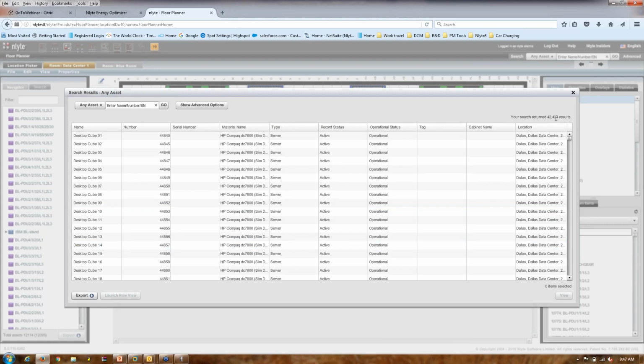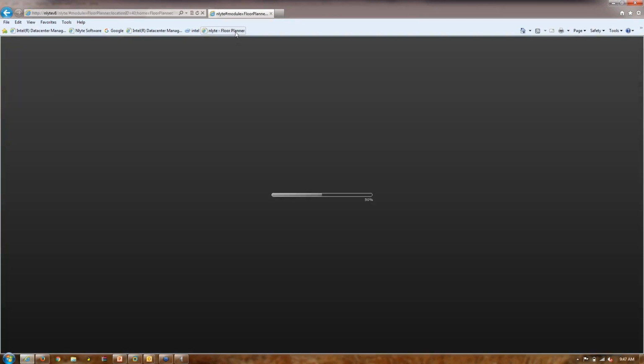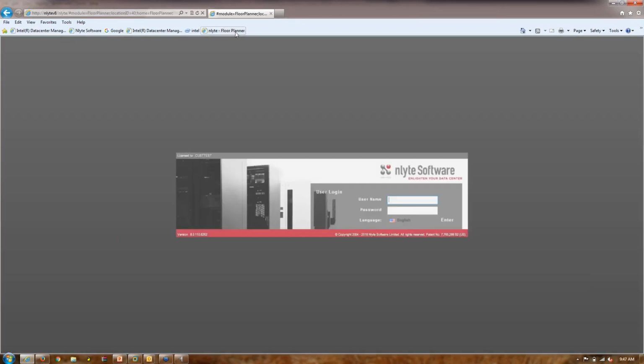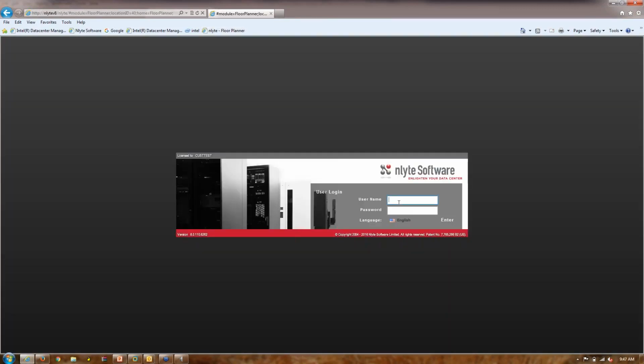So we'll see up there, 42,000 assets have come back in our search result. When I go in and log in as a different user, in a different browser, so if I open up IE, and with IE, if I log in under a different username,